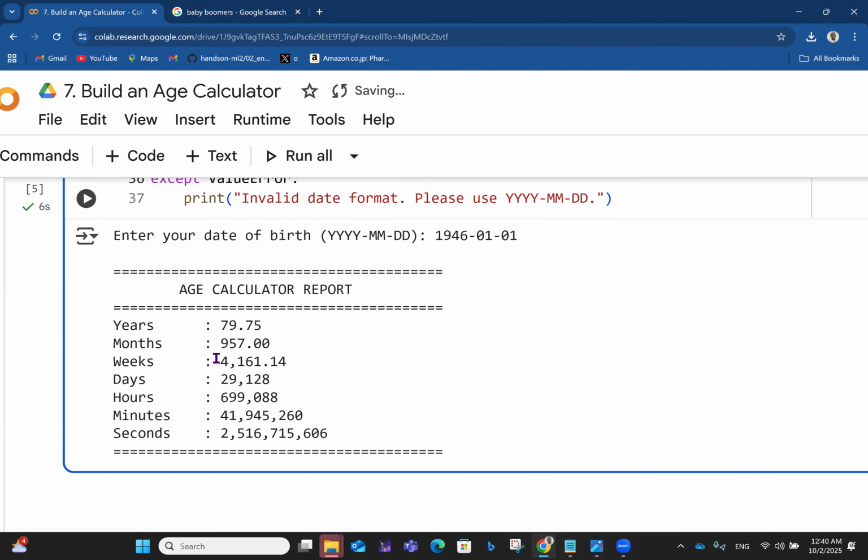That's 957 months old, 4,061 weeks old, 29,128 days old, 699,088 hours old, 41,945,260 minutes old, then 2,516,715,606 seconds old. So with that, we come to the end of this interesting project on being an age calculator